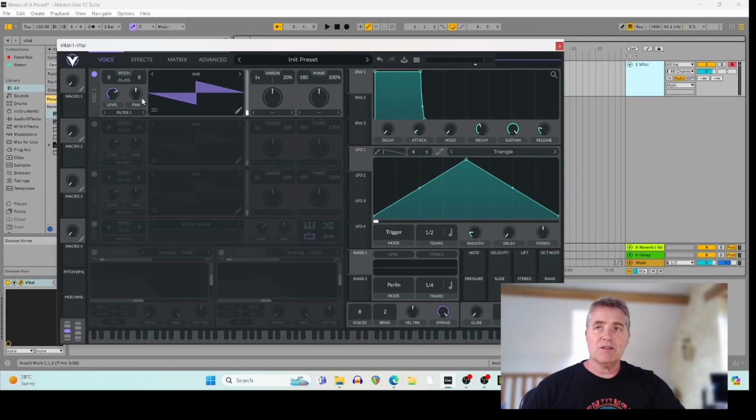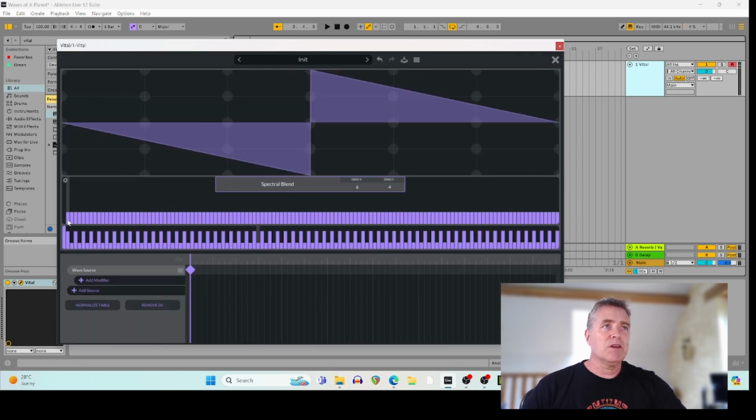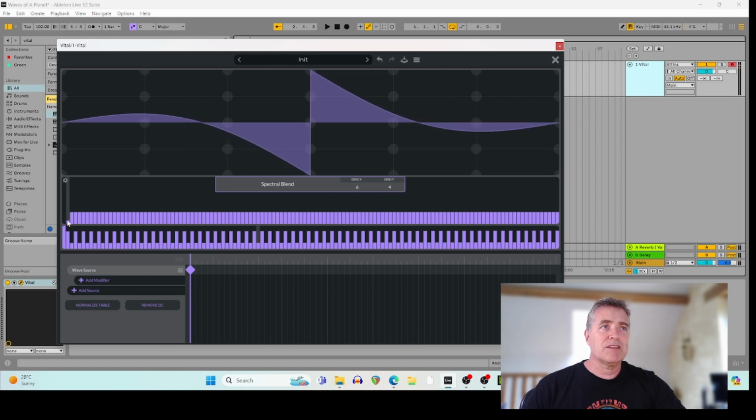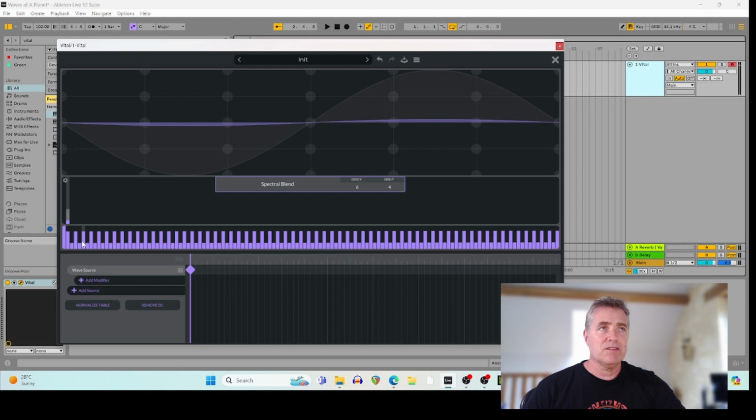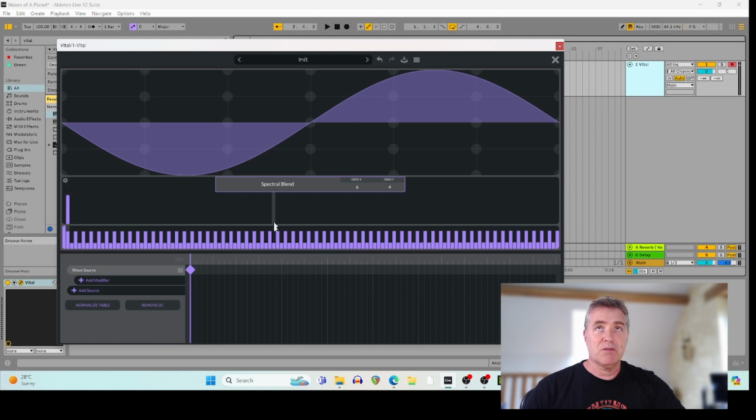Okay, so we're going to go into Vital and we're going to recreate that brass sound. So we're in Vital and we've initialized our preset, so we've got our basic saw wave. And the first thing we're going to do is go into the wave table and we're going to delete these by clicking on the second line here, right clicking and then clear right, which will take all our different wave tables out. We're then going to adjust the amplitude by sliding this up, so we've got a full sine wave